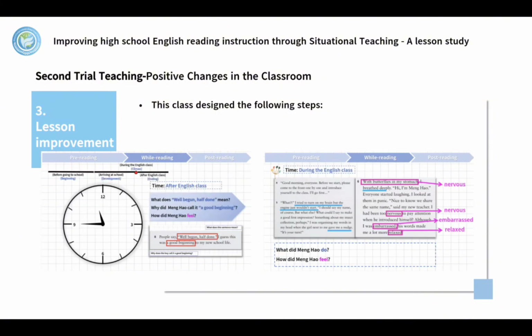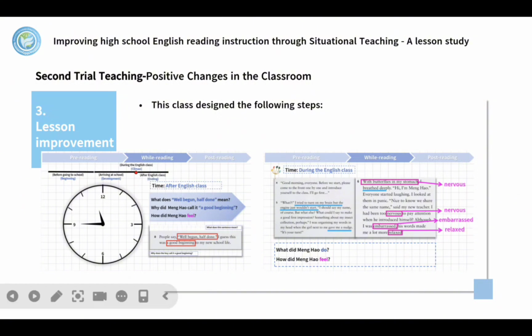And then, in the reading process, we used the timeline to guide the students to sort out the development of Wang Hao's story, which can highlight the changes in time. With time as the clue, combined with different guiding questions, we also guide the students to independently sort out Wang Hao's experiences and feelings in the text, so that students can feel the emotional changes more clearly.